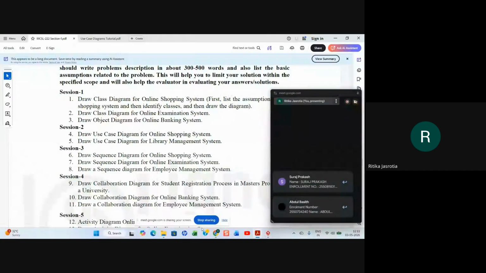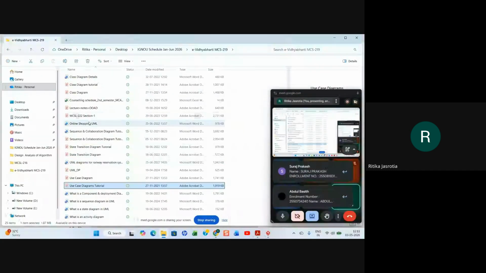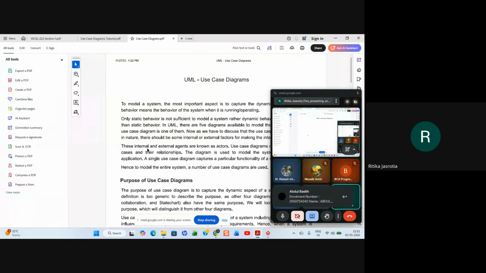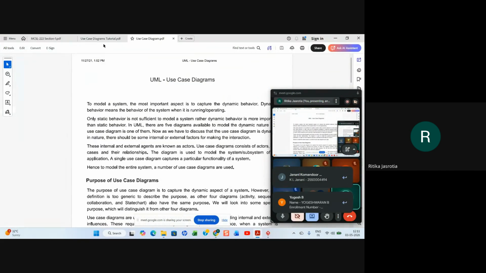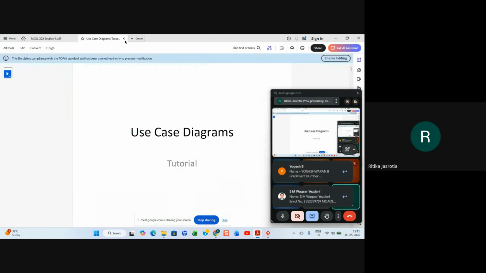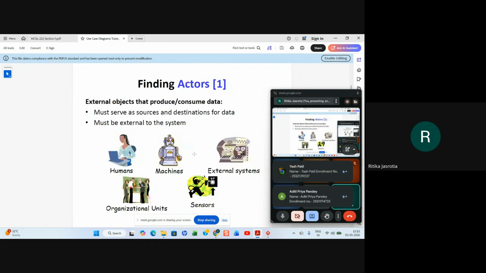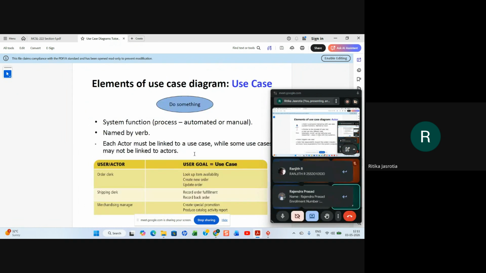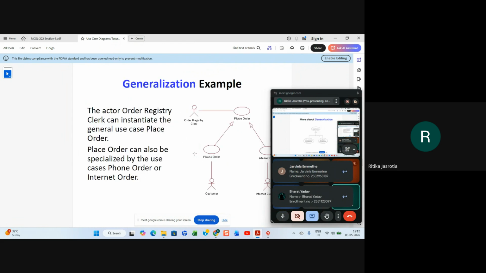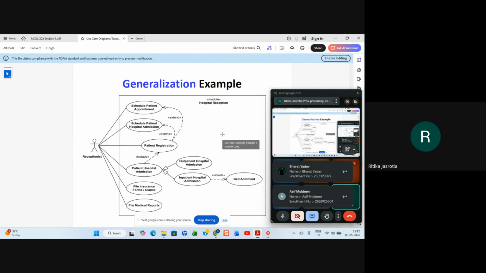Those who have put their attendance earlier, please put it again because I must have lost the attendance right now. Okay. So what we were talking about was the diagram which we had earlier seen, I think this one. Remember the receptionist diagram we saw in this one.